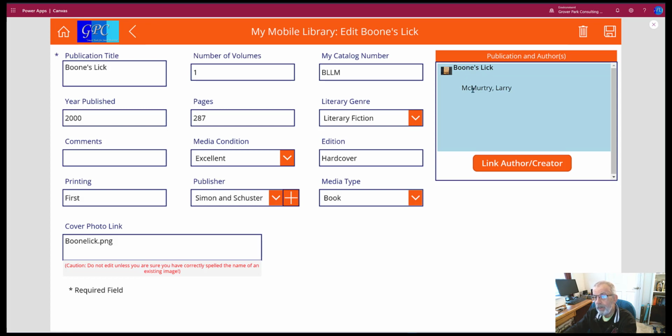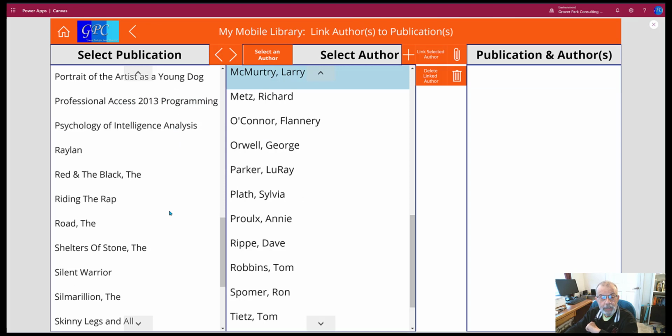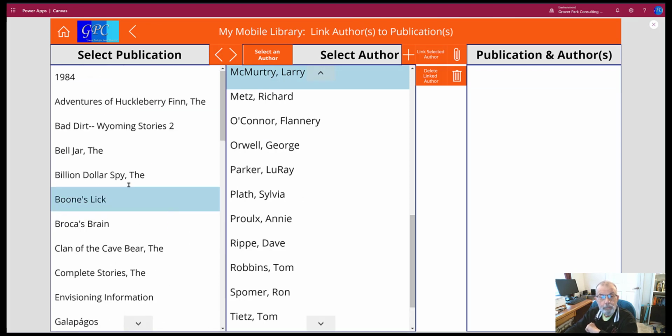Now I can come through this path to the same link author creator screen, and it will eventually update to show Boone's Lick, Larry McMurtry. And since we have not yet selected an author in the gallery by clicking on it,